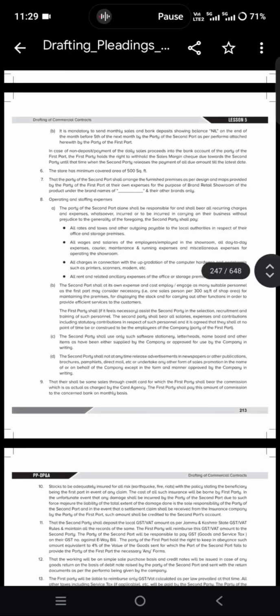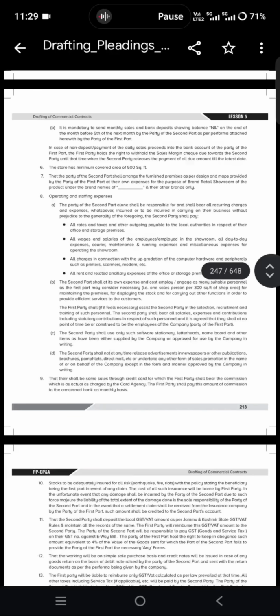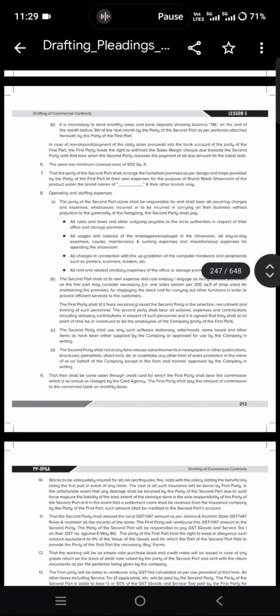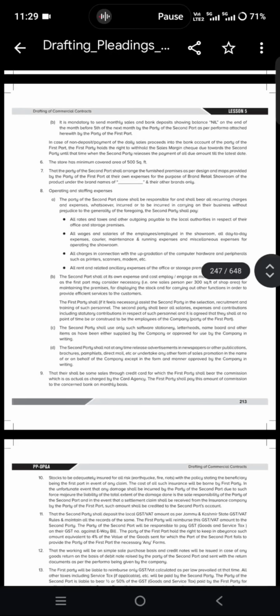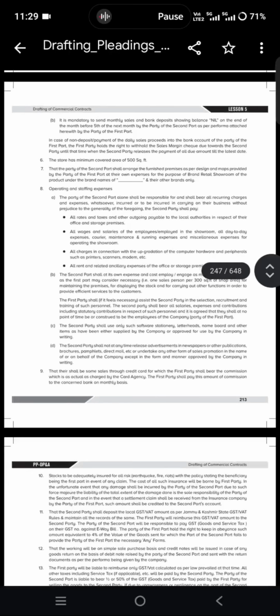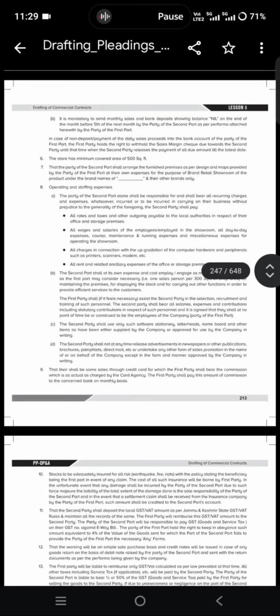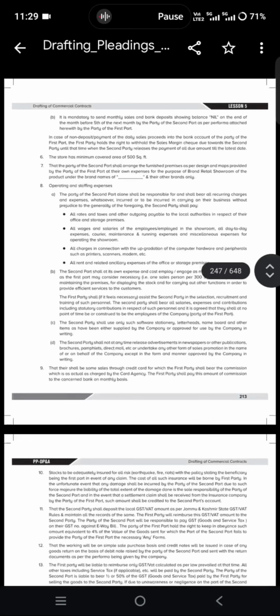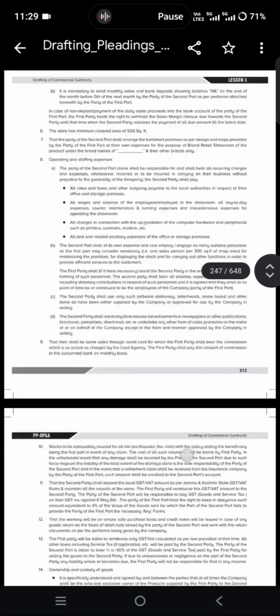In the first point, confidential or proprietary info is defined: shall mean and include any information disclosed by one party, that is the disclosing party, to the receiving party. Here in this case both parties are disclosing and both parties are receiving, because he will share his info and he will share his info to enter into the arrangement.